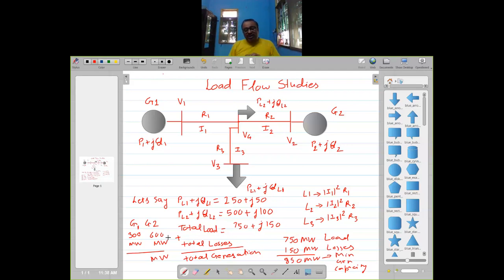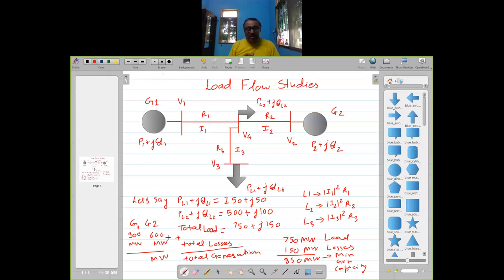Now this question does not come in the domain of load flow, but is something else. This is called optimizing. This is basically an optimizing problem, that we should allot how much generation to G1 and how much generation to G2. There can be various combinations, as you can see, into which I can divide this 850 megawatt. One is that generator G1 generates 300 and generator G2 generates 850 minus 300, which is 550 megawatt.